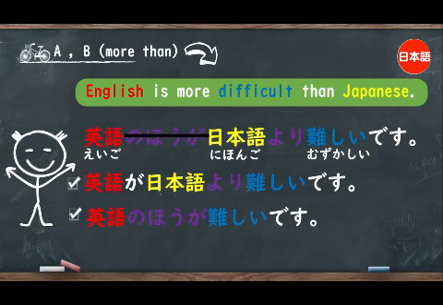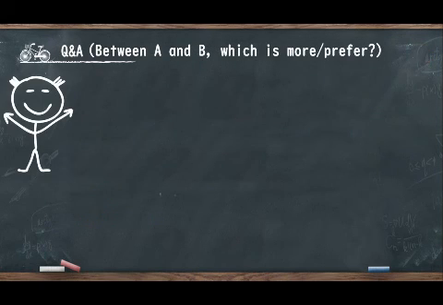When someone asks you which one is more difficult, English or Japanese, you are given two items to compare with. So you choose the one that you think is the more one. So if you think that English is more difficult, you can say 英語の方が難しいです。But if you think Japanese is more difficult, you can say 日本語の方が難しいです。